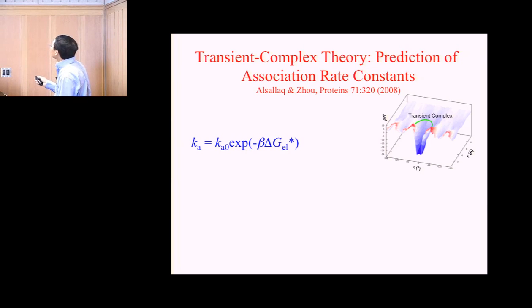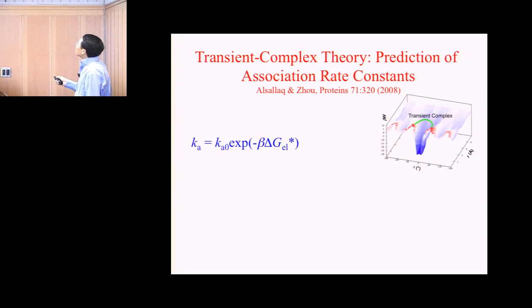So that as soon as you reach the transient complex, that puts you at the border of the cliff into the native complex, so that you can very quickly go down this energy funnel and reach the native complex. So we specifically identify the transient complex by mapping the